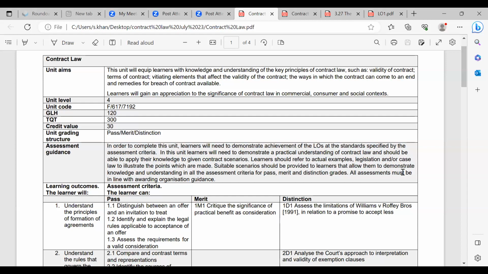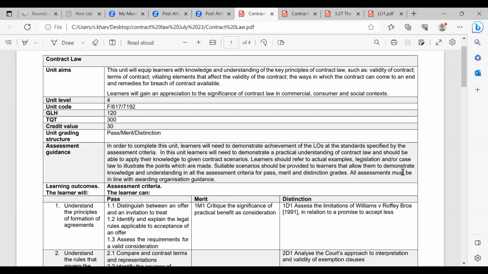In this unit, you'll need to demonstrate a practical understanding of contract law, and you should apply it to your knowledge of scenarios in place. So where there's an offer, where there's acceptance, you should apply the elements to that. You should also refer to examples, legislation, and case law to illustrate points, which if there's a contract between two parties or if there's consideration, case law will be there to illustrate